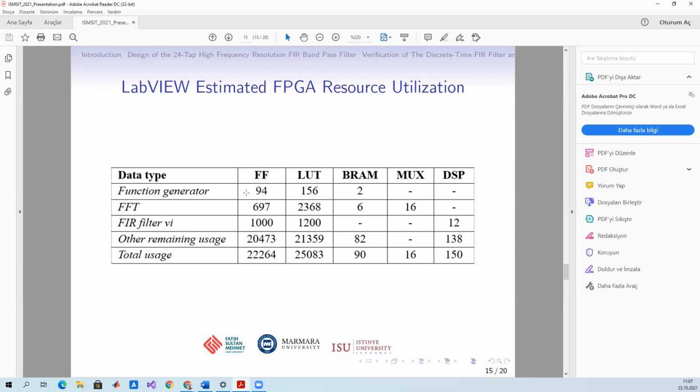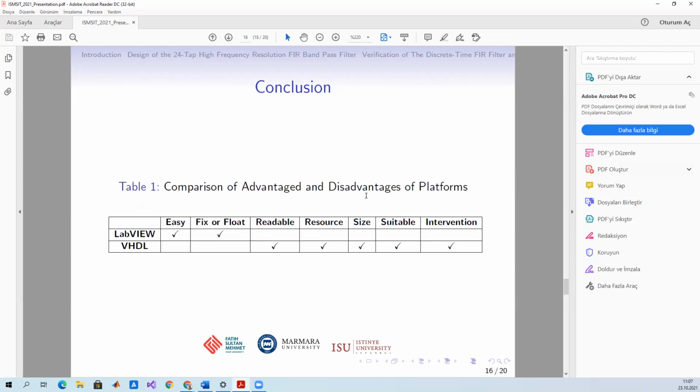So this is the flip-flops, lookup tables, RAM blocks, multiplexers, and signal processing that we used in LabVIEW. And as a conclusion,